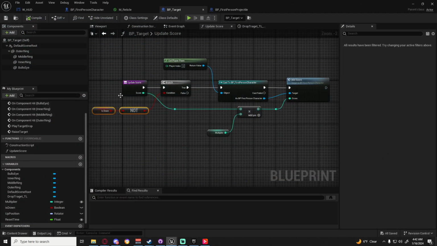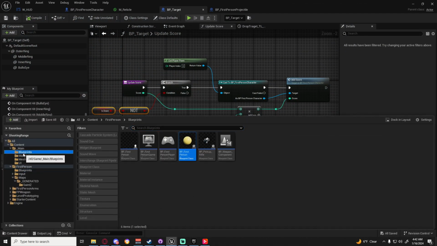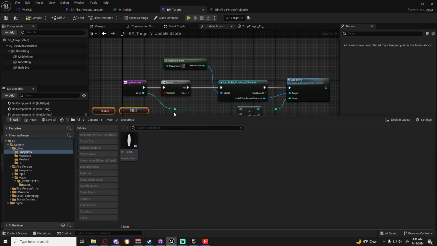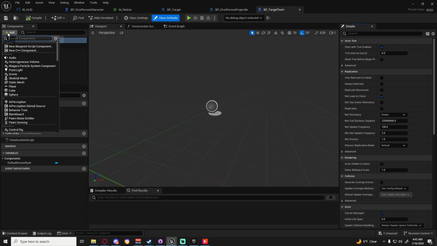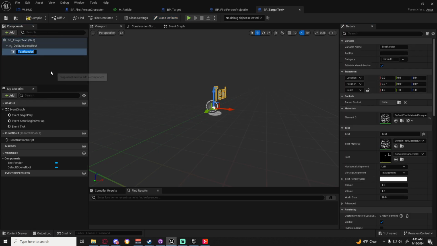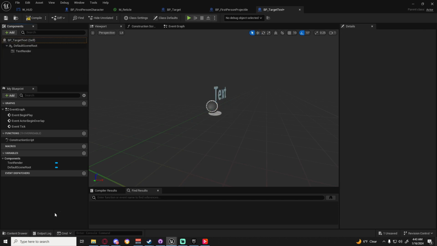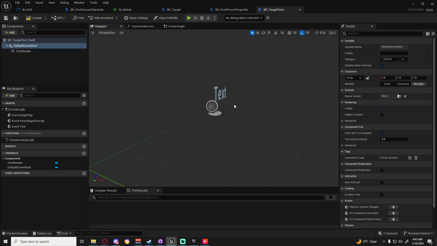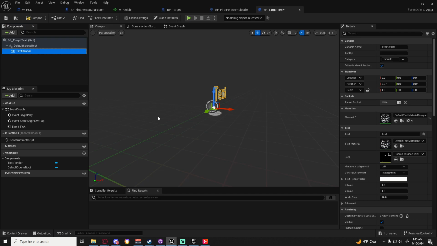Okay. So inside of our blueprints folder, I'm going to right click, create a new blueprint class, actor. We'll just call this BP underscore target text. Open that up. We're going to add a text render. And here's a little thing that I like to do with text, especially when it's going to be in kind of an arcadey situation,